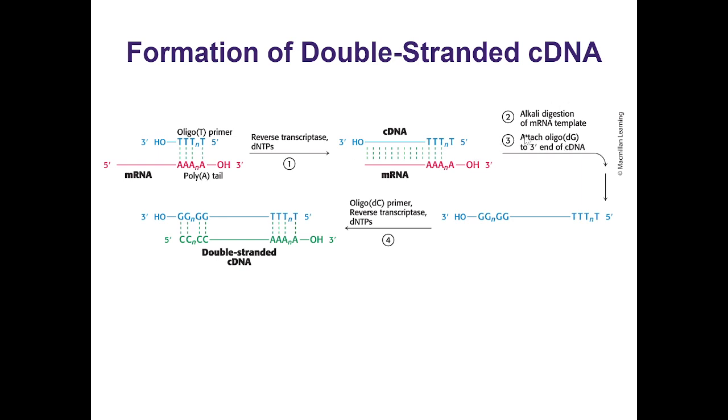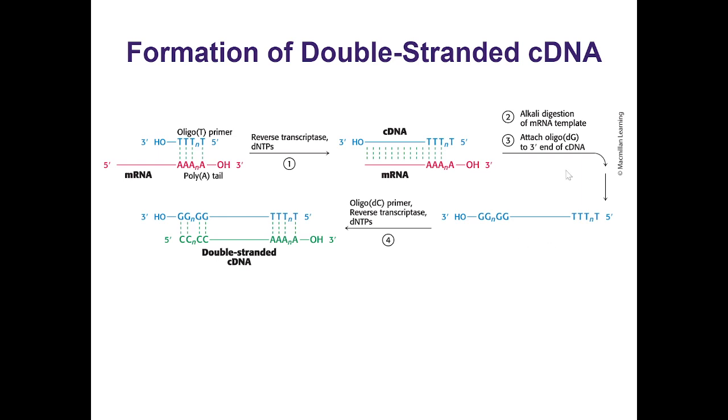The next thing we'll do is we're going to have an alkali digestion of the mRNA template. What's then going to happen is we'll attach another oligo, in this case an oligo G template primer region. This is going to leave repeated T's on one side, repeated G's on the other. Okay? And so now we have buffer regions where we can successfully attach stuff to both sides. Okay? Note that our regions here are different because we don't want to have the same primers attached to the same places,